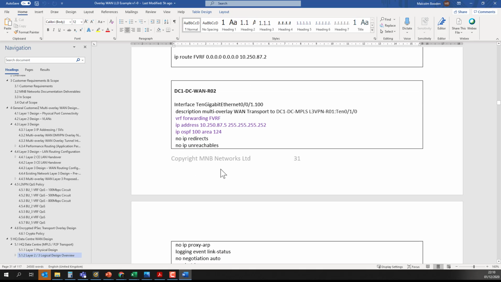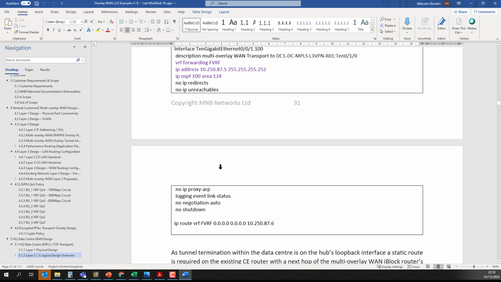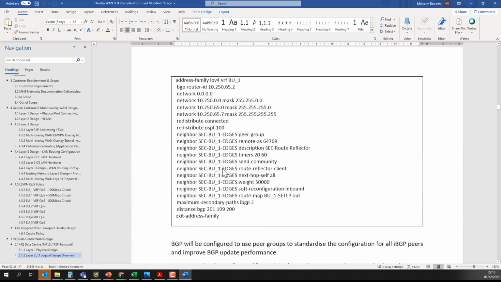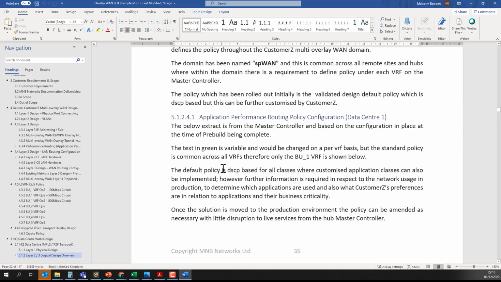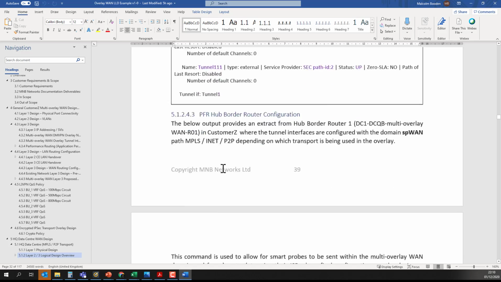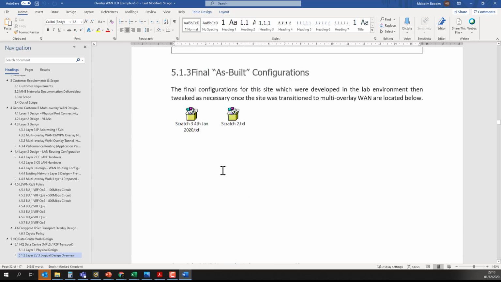Then we have config examples where we can highlight in a different color what the variables are, for example. So with that in mind, I'm going to skip down to the next section of the document because this is very repeatable, and